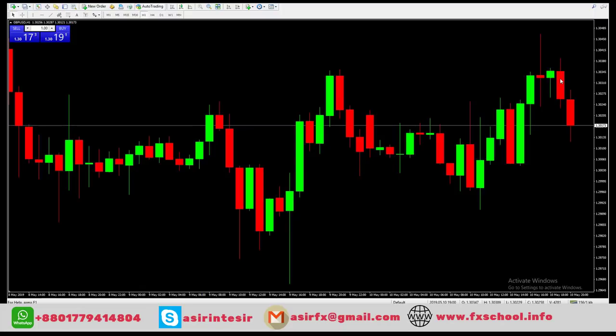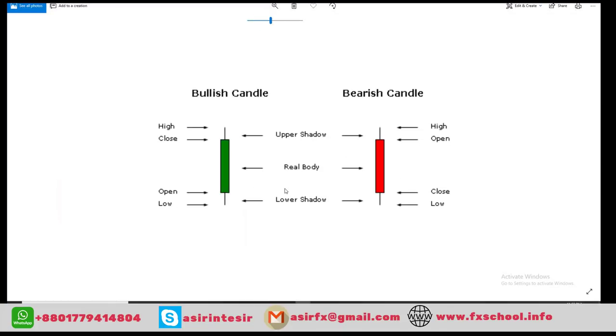Now I'm going to discuss how you can read the candlestick. In that case I am showing you a picture. You can see that one candle is green and another one is red. The middle part, in both the green and the red, you can call the real body. And when you see green, you can call it a bullish candle or buy candle. And when you see red, you can call it a bearish candle or sell candle,